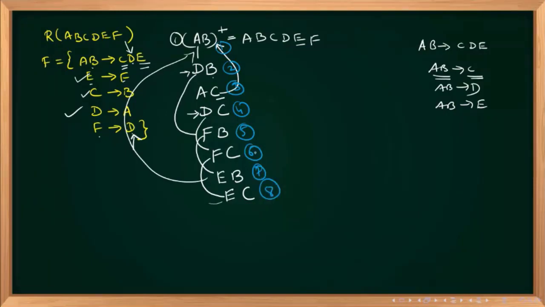Whether you got the same candidate keys, please type yes or no. Whether you got the same answers. Yes or no. Yes, very good. So this is the way we do it. Now you understood it perfectly. One more question I will give. You do that. Okay, shall I move? Please type yes. Next question. Okay, very good.